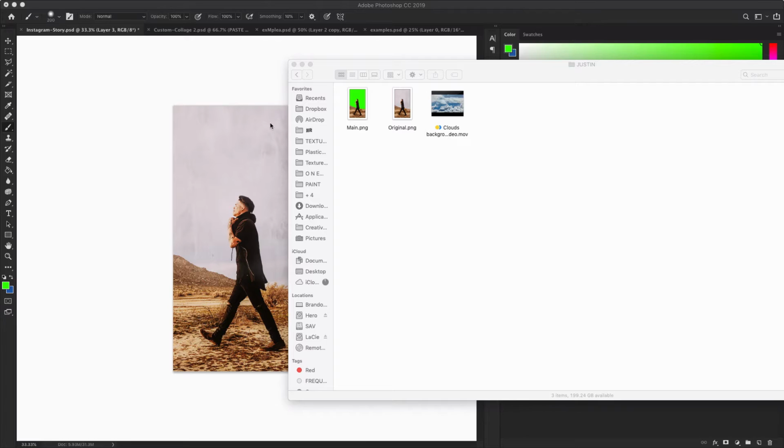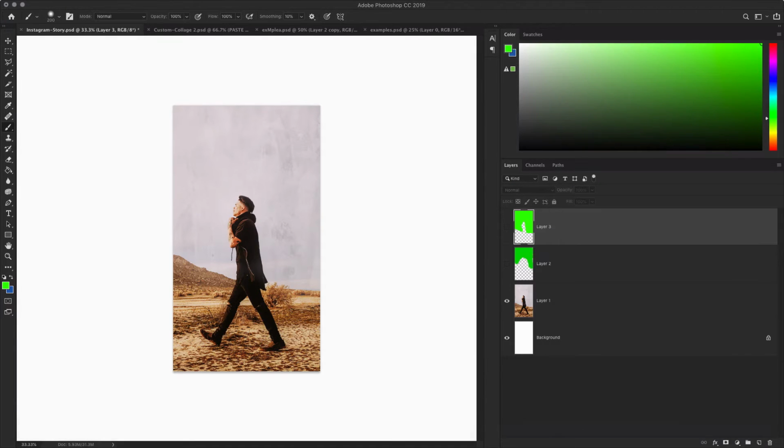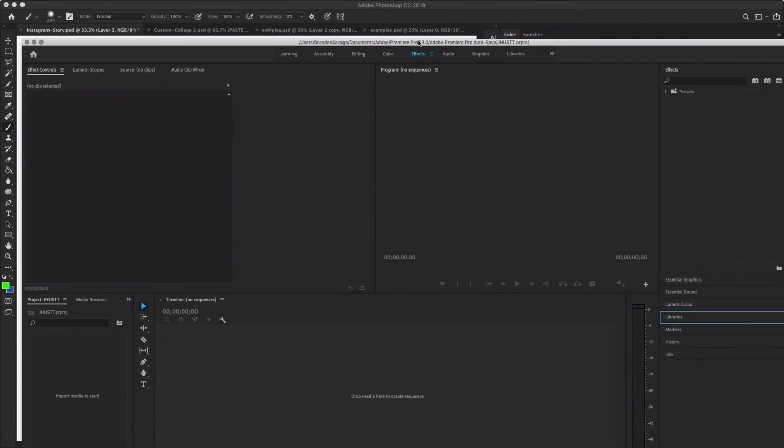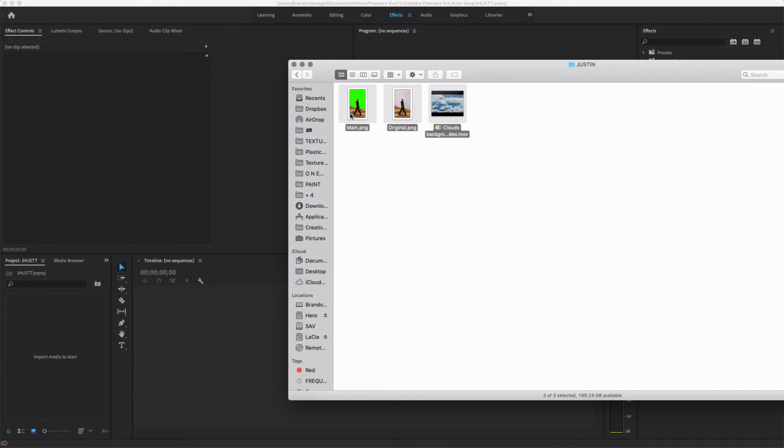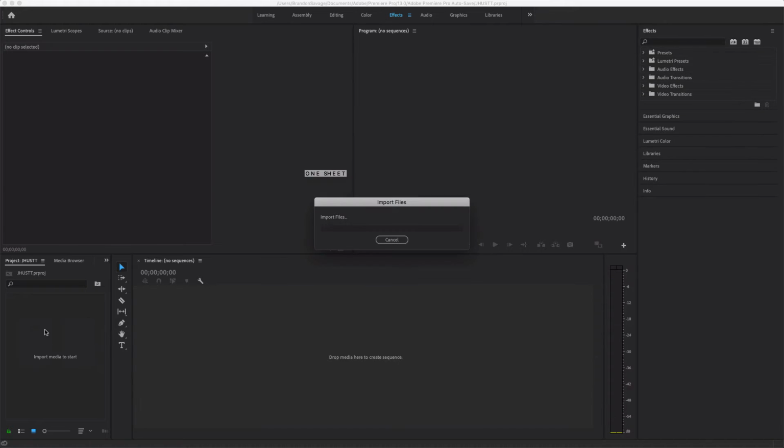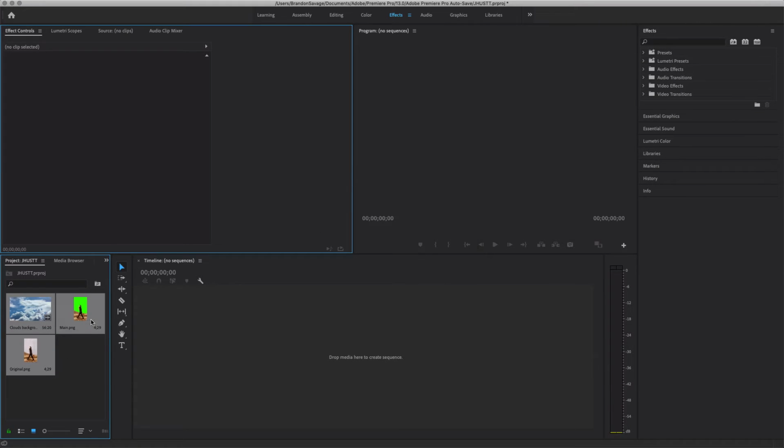Open up a new project file in Premiere. Open up a new project. I have all my files open. What I'm going to do is drag it into the project folder, right? And then I learned this little trick. Since we're using a story template,